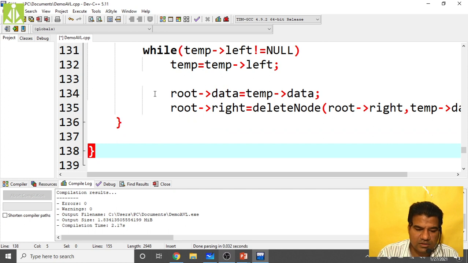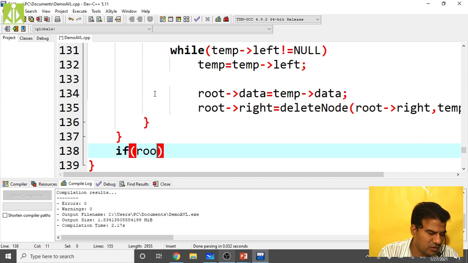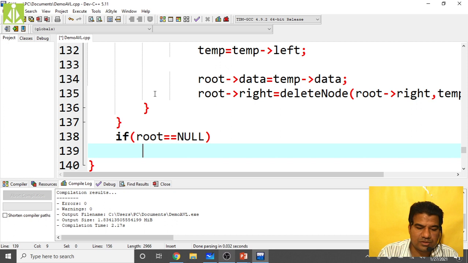So after this you have to write another check: if root equals to null, then return root itself.